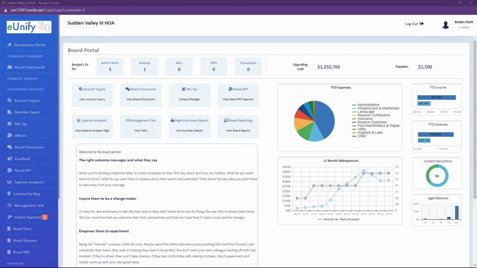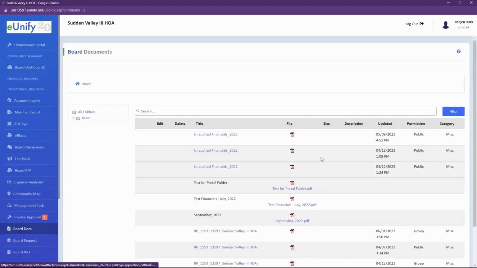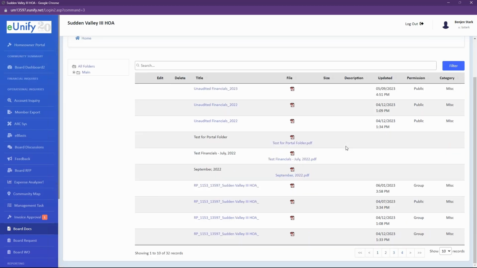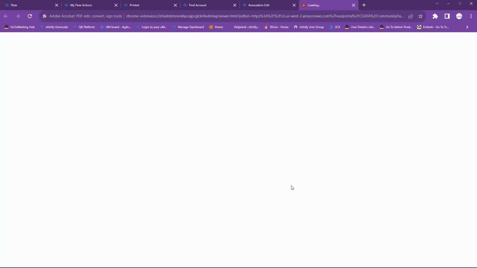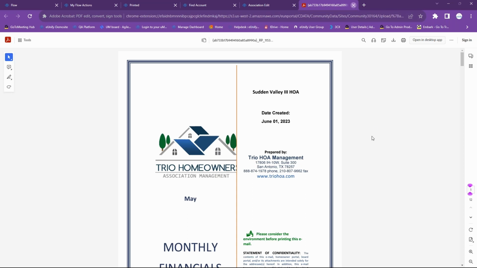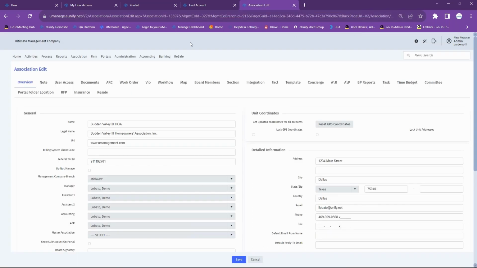So once again, you should be looking at the board dashboard for Mr. Stark. If I go down to board docs, I can find the most recent one. So this is the one I just did. I can click on that and it'll bring up the reports that were just approved. And then once I've verified that everything is approved,